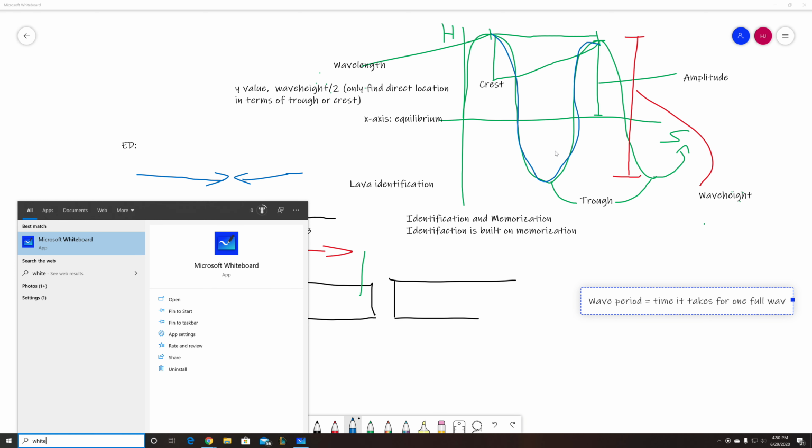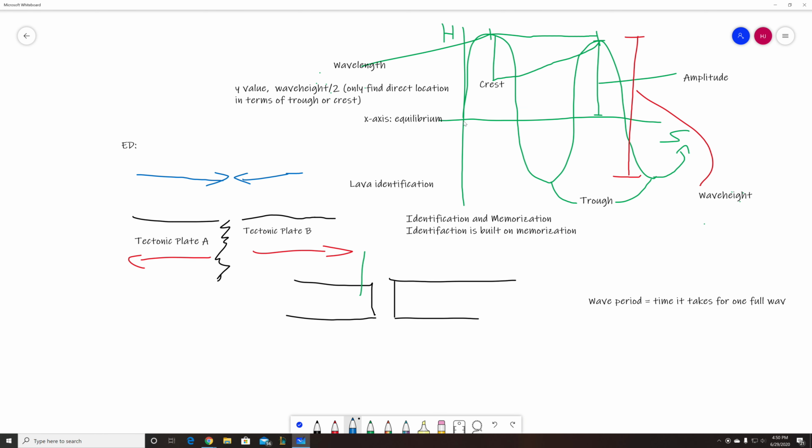So there are two ways to think of this. I just realized these two are exactly the same thing, no matter how you try to interpret it. Why is it green? That doesn't help me, I need black. So the black and the blue are actually the same thing. Wave period is just how long it takes for one wave, or you could say two successive crests. The reason they mean the same thing is that if you think about it logically, say you take